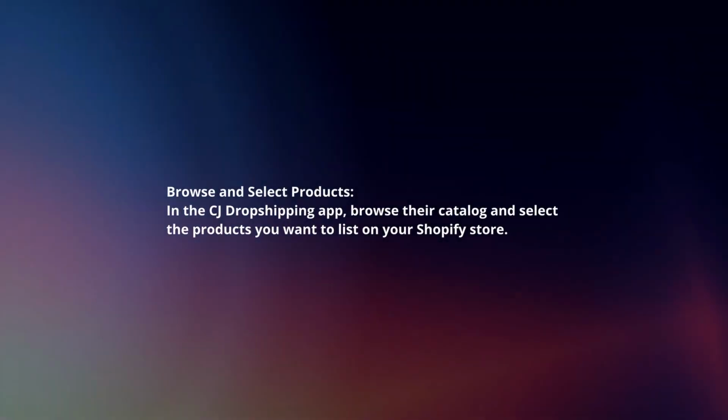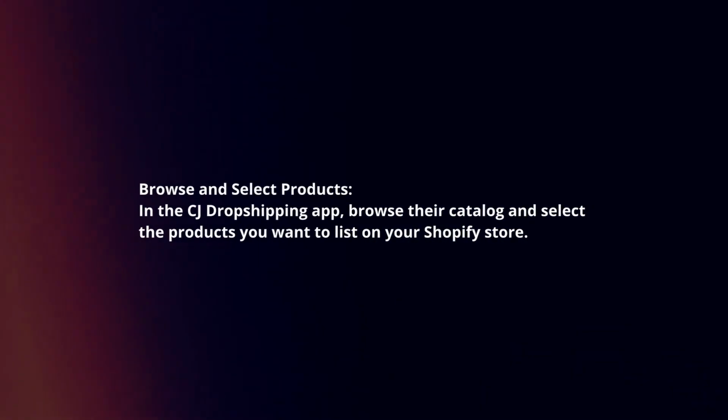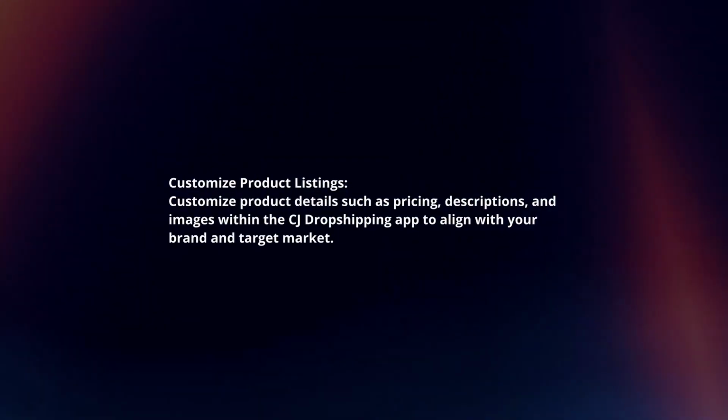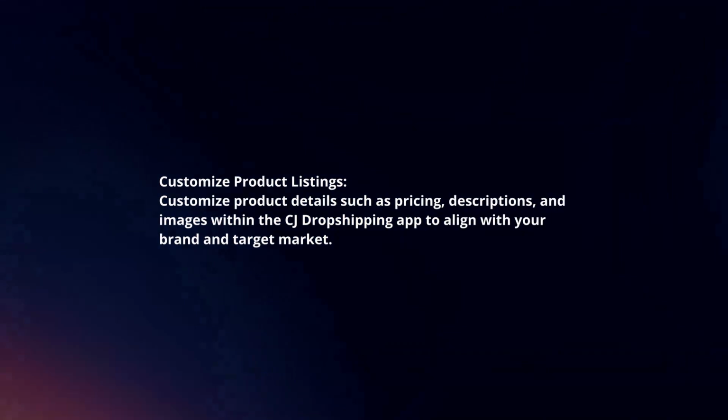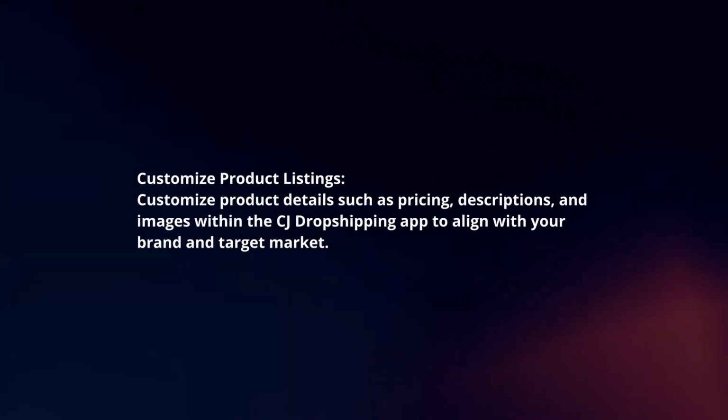Browse and select products. In the CJ Dropshipping app, browse their catalog and select the products you want to list on your Shopify store. Customize product listings. Customize product details such as pricing, descriptions, and images within the CJ Dropshipping app to align with your brand and